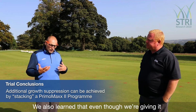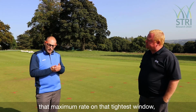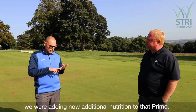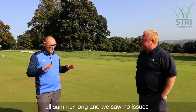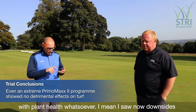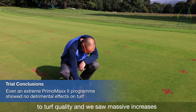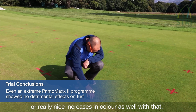We also learned that even though we were going at that maximum rate on that tightest window, we were adding no additional nutrition to that Primo. Some of these plots have had Primo every 7 days, all summer long. We saw no issues with plant health whatsoever. We saw no downside to turf quality, and we saw massive increases, or really nice increases in colour as well